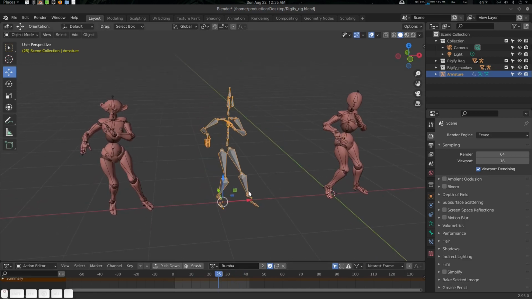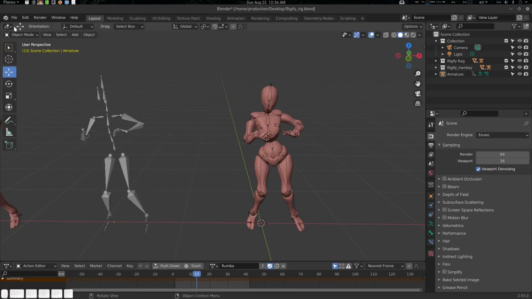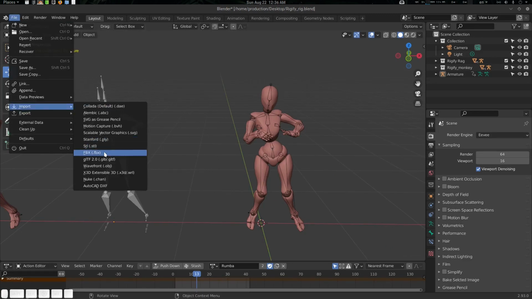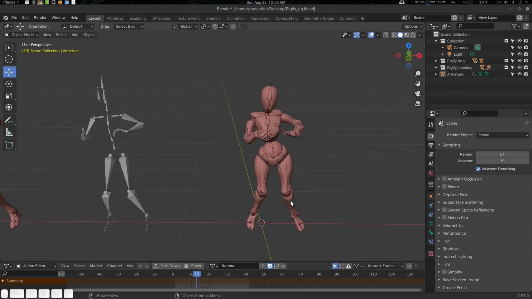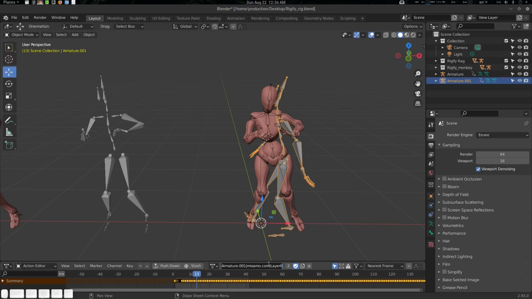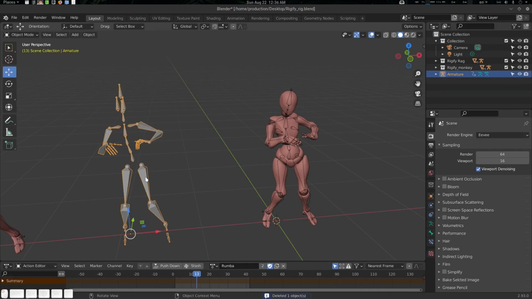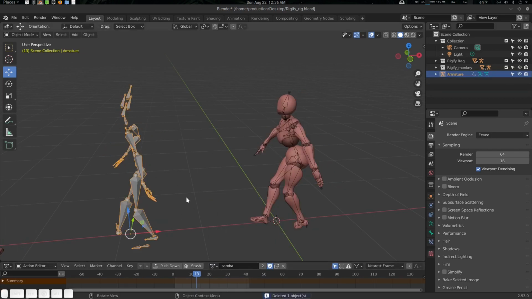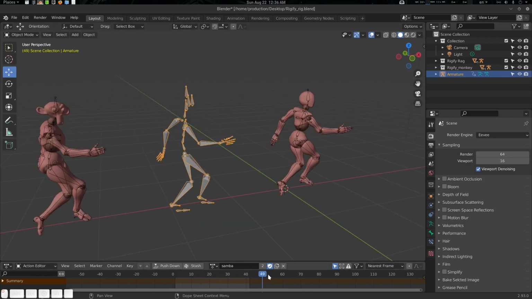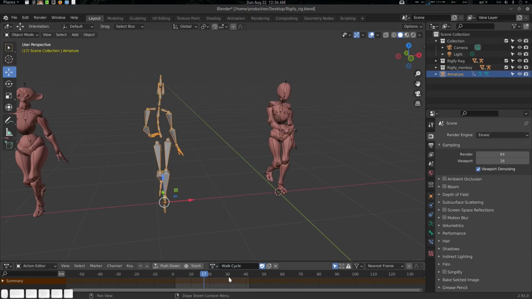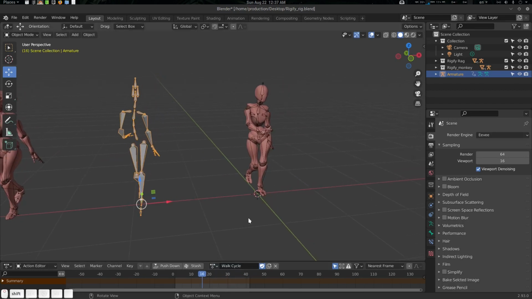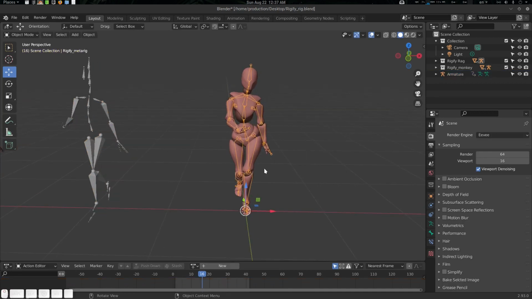Okay. Now we're going to create an in-between animation. Let's import another Mixamo file, that is Samba dancing. Let's import it here and let's name it Samba. Create a fake user and delete this one. Now let's assign Samba here. Alright, so we're seeing it here as well. Actually, let's go for walk cycle. Yeah. Okay, now we want to create some basic animation here as well.